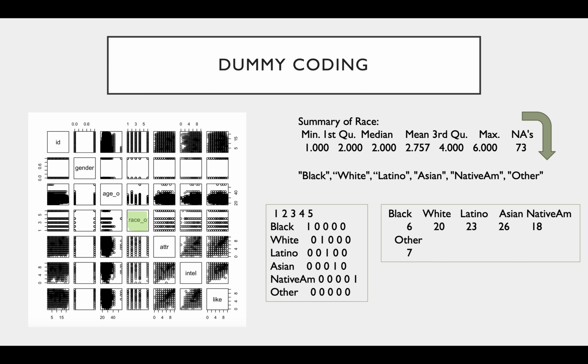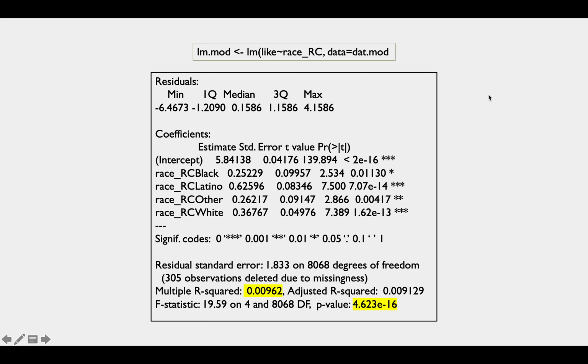And yeah, so then I decided to do a regular and standard linear regression model for this. I chose likability as my DV, like I said, and then race as my independent variable that I recoded. And then I basically ran the regression, and here is the output shown. We have our residuals, our coefficients, which shows our parameter estimates, our standard error, and our p-values here, less than 0.05. We also have our overall residual errors and our multiple R squared, which is